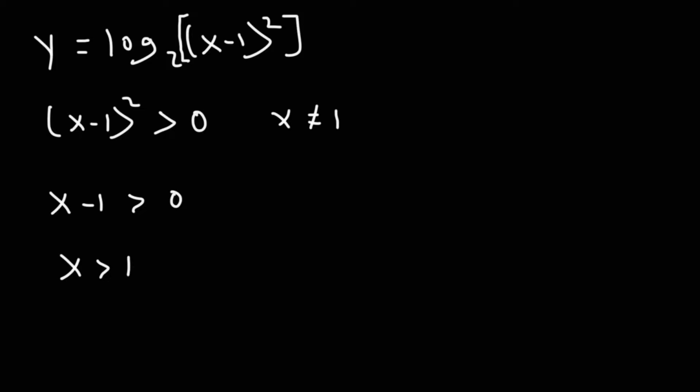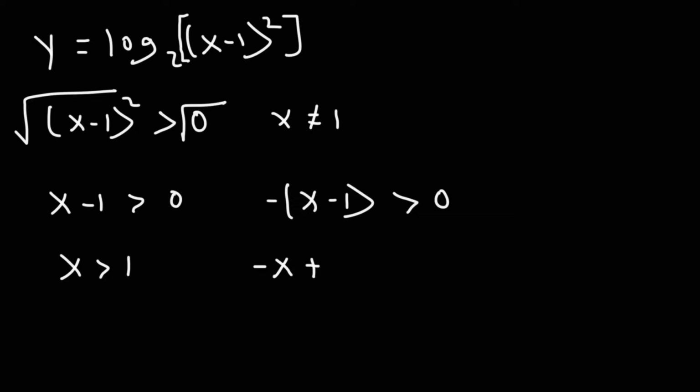But that doesn't tell the whole story. Because when you take the square root of this, you also get the negative version of this expression. Now if we distribute negative 1, we'll have negative x plus 1 is greater than 0. Subtracting both sides by 1, we get negative x is greater than negative 1. Multiplying both sides by negative 1,